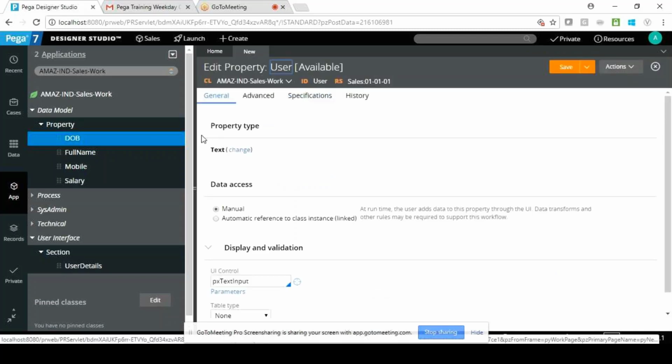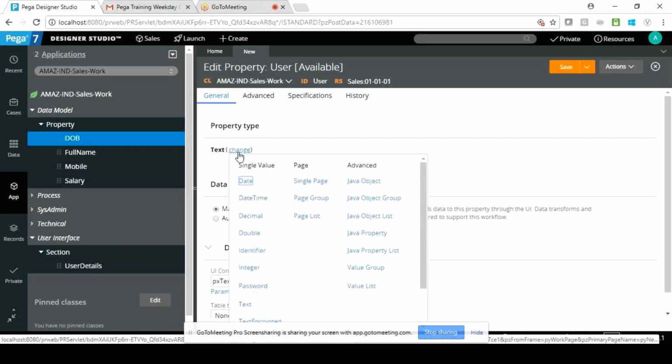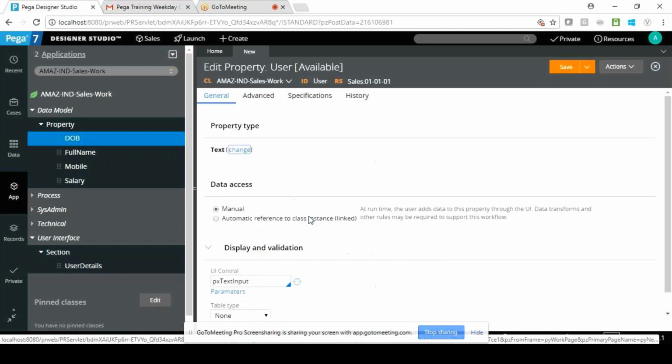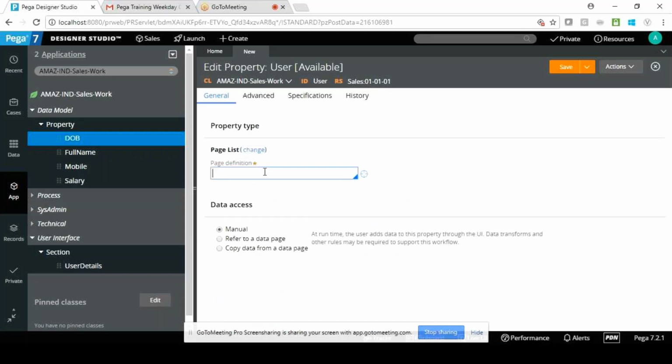Coming to this text, change it to page list. Just come to change. We are changing the data type from single value to data page list, where we can have a group of properties for this main property. So for that, we can involve this